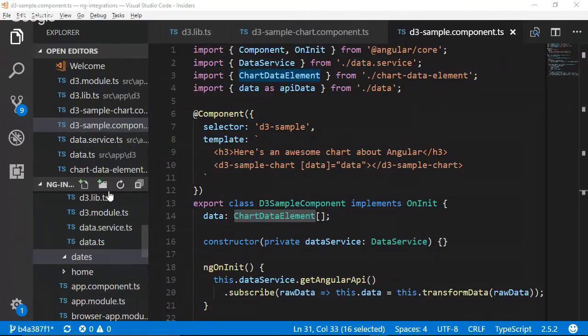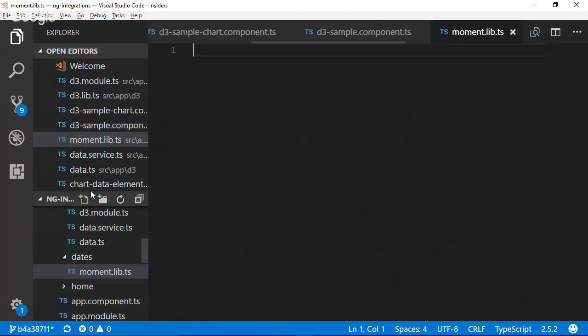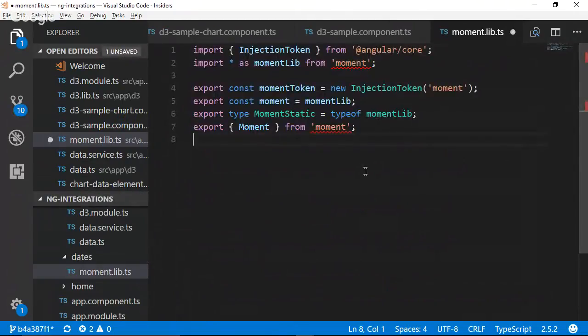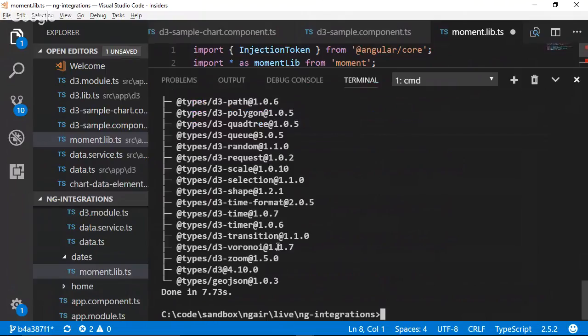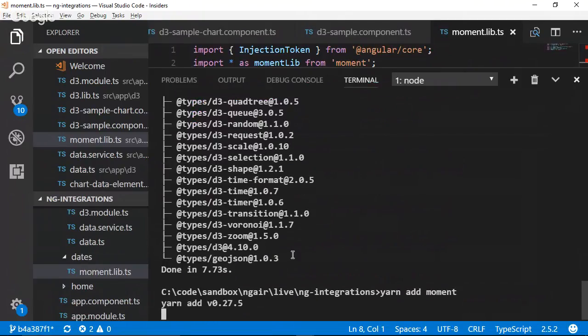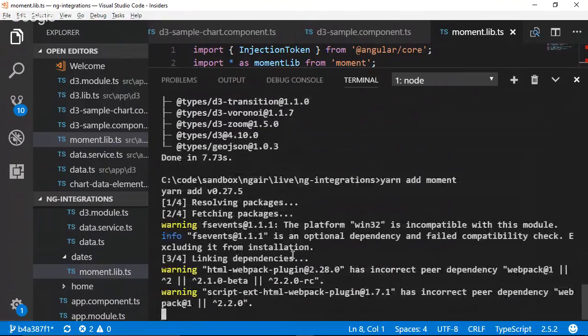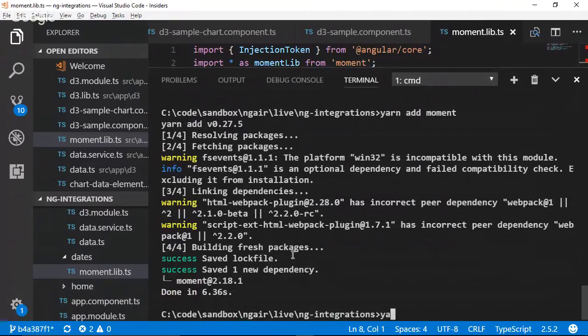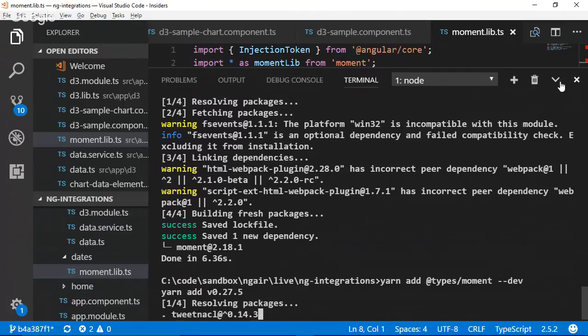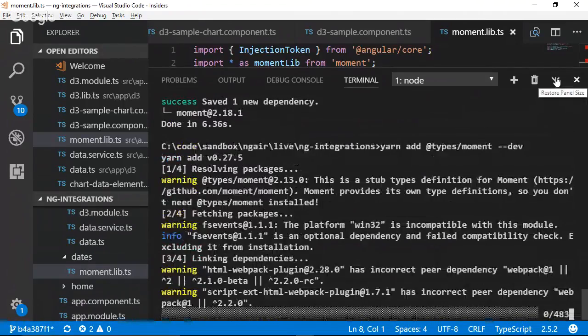I'm going to create moment.lib.ts. And now I've done something that's slightly different this time, and I'll explain why. Moment, and yarn add types moment dev. Okay, so this is something that